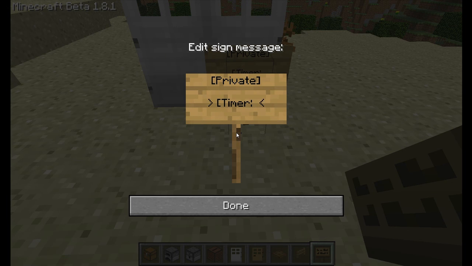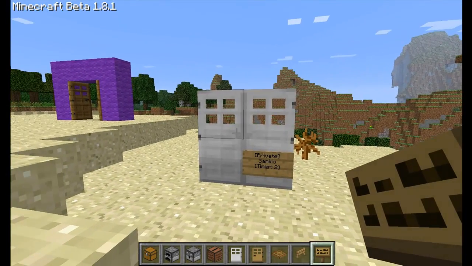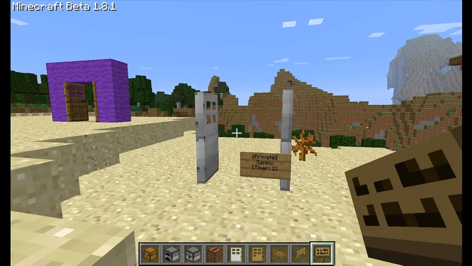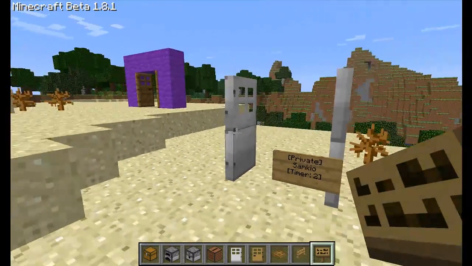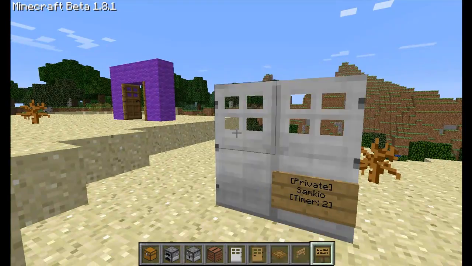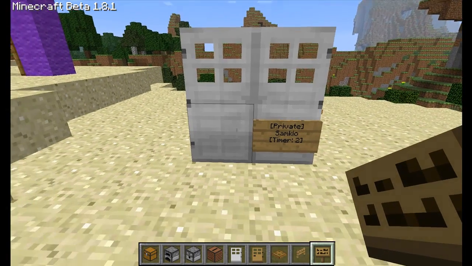Timer, 2 seconds. What you can do now with iron doors is you can right click, and both of them will open. So there we are. We can open them with the right click, and we can just do that. You don't need any redstone. Now you can enable redstone again by doing